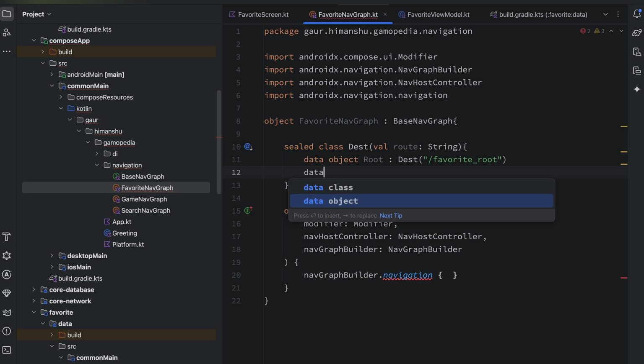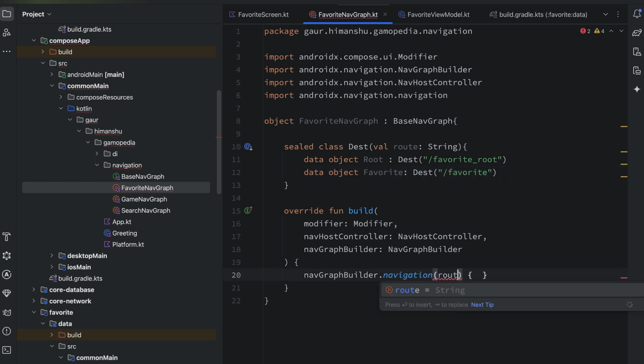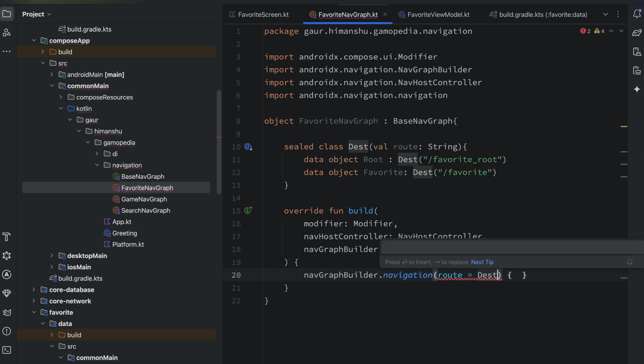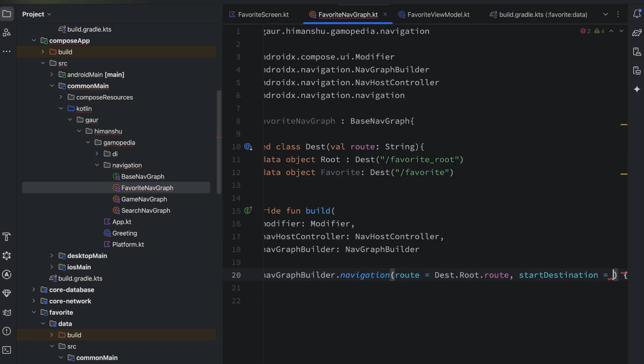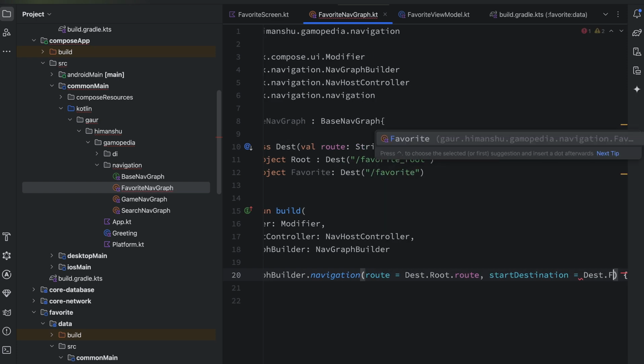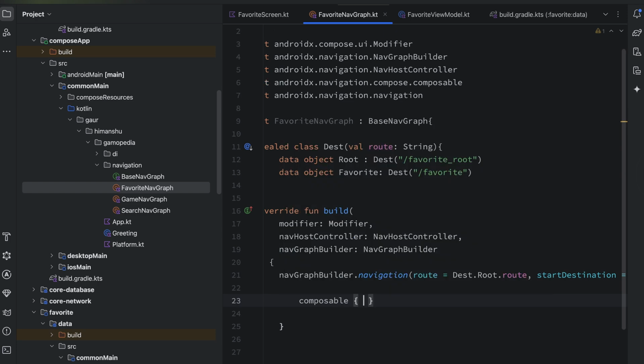Next we have data object which represent our favorite screen, so favorite destination slash favorite. Okay, so in this navigation we have to mention its route. So this route is coming from test dot route dot route. Next we have to mention the start destination which is destination favorite route, and in this I'm gonna use composable,